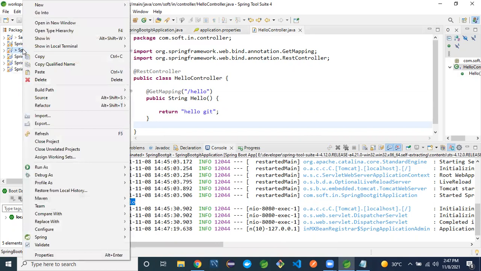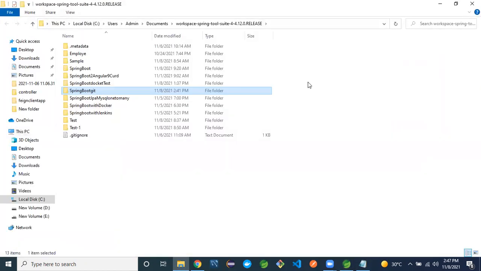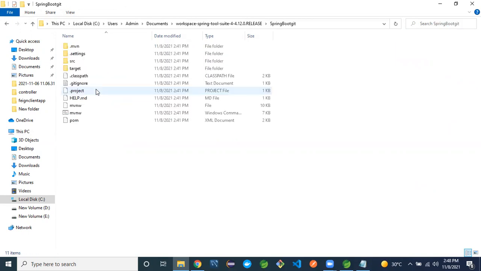Right click on the project name, go to properties, go to the path, and in System Explorer click on this one. It will open a file explorer at the location where the project was created. Spring Boot Git, go inside.